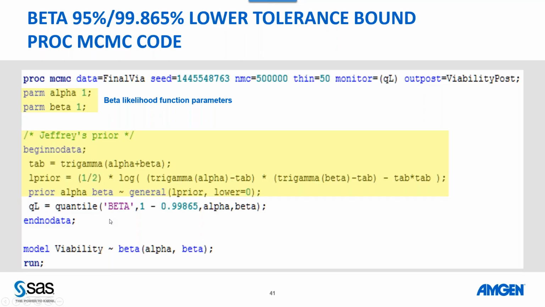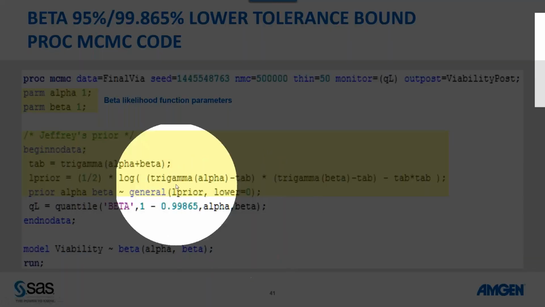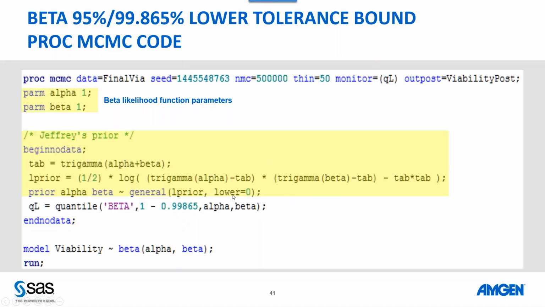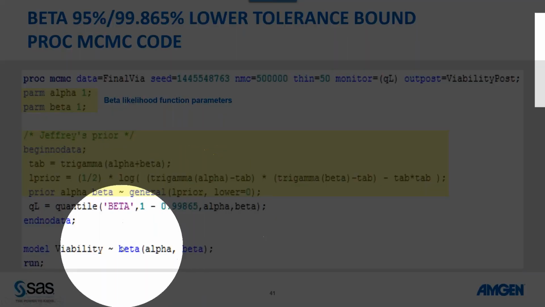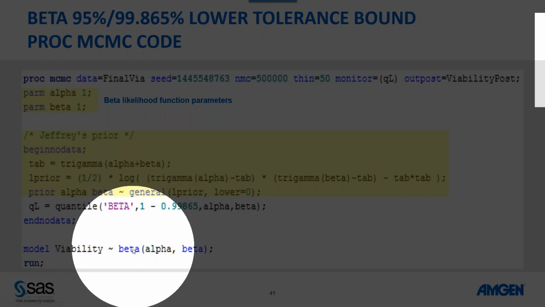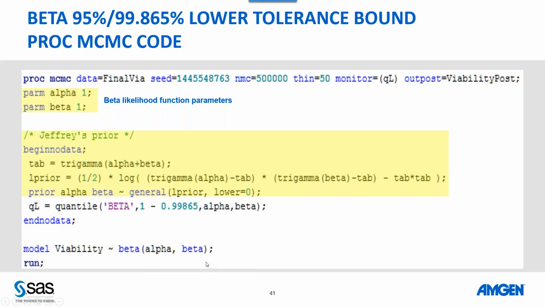As I mentioned, the list is large. It's a lot of distributions that you can compute quantiles for. Again, we just pass the alpha and beta from the MCMC, and that's it. And then the variability, that's the likelihood. It's a beta with alpha and beta. Okay, that's all. We get that,